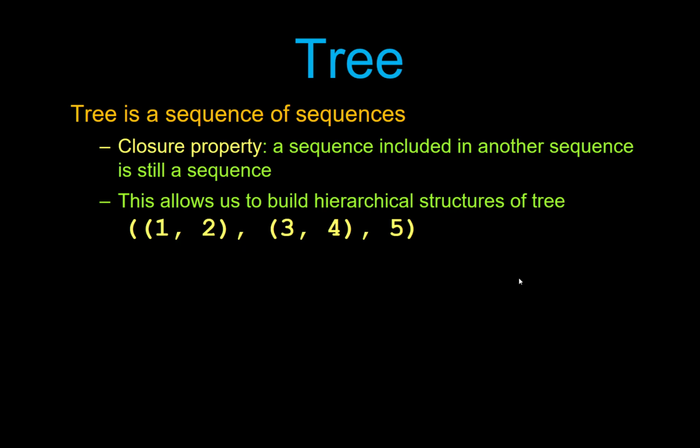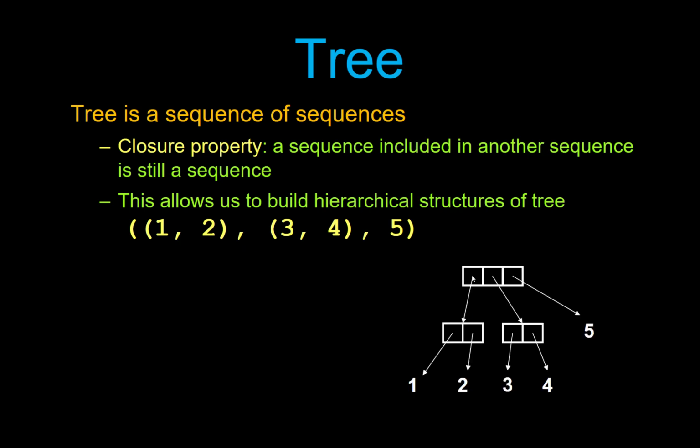So if you draw it out, you get this picture. The first layer has 3 children. This is the root of the tree. And the first child is yet another tree which contains 2 items, 1 and 2. And the second child is another tree, and it contains a 3 and a 4. The last child is simply a 5. Now, this is called the root, and this is an internal node, which is itself the root of a subtree,